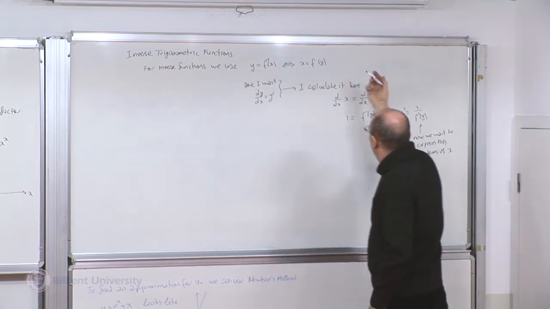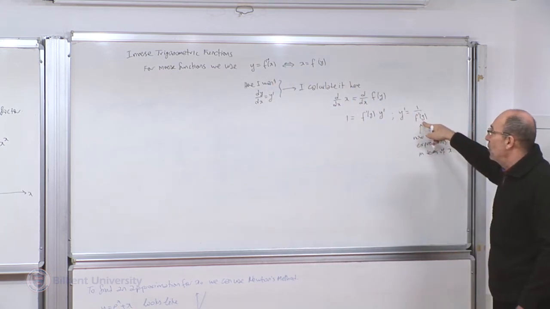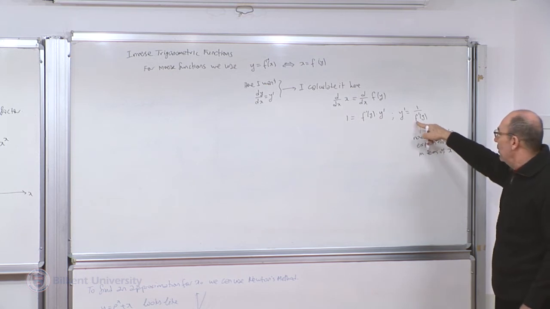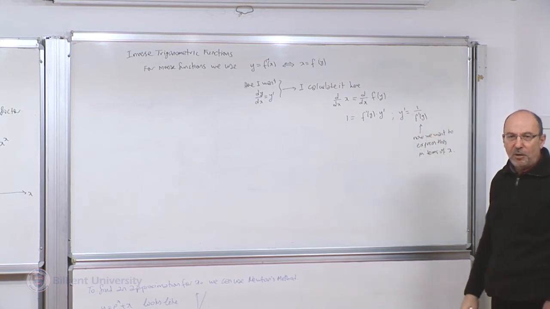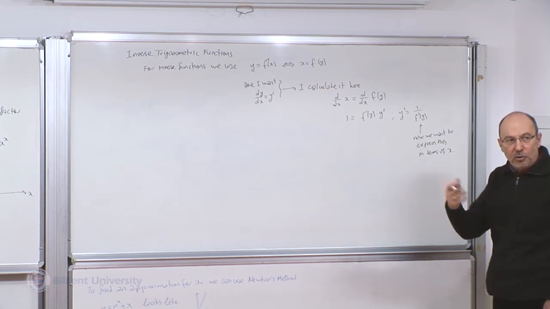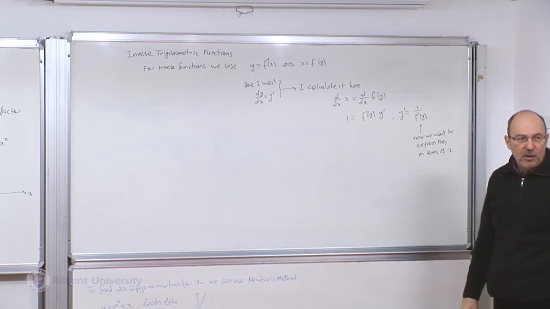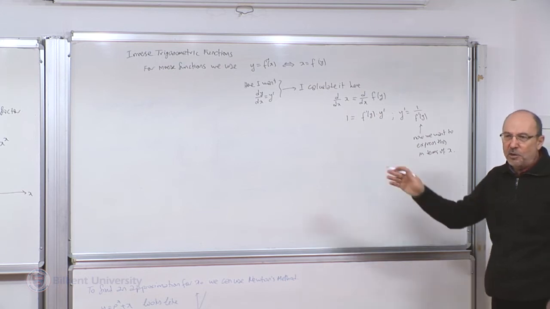So somehow you have to put y equal to f inverse of x, and then evaluate f prime at that point. You don't know how to do these things in general, but with trigonometric functions, using trigonometric identities, there's a nice way of doing these things. So that's why we look at